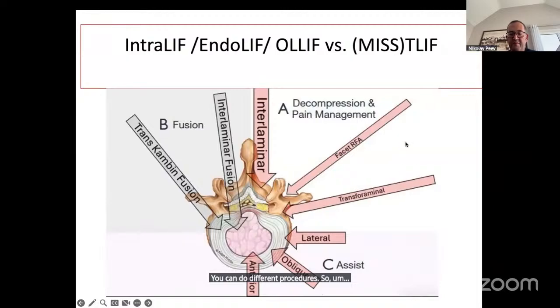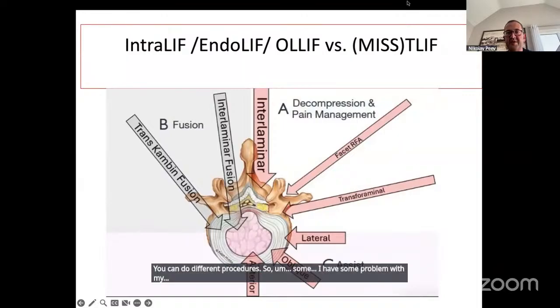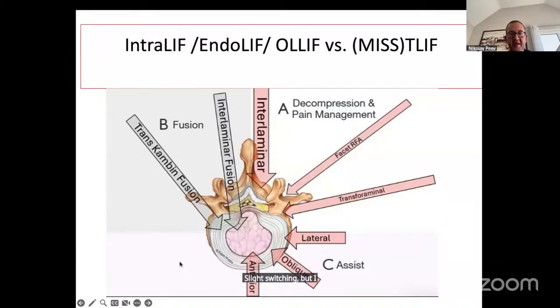I have some problem with my slide switching, but I hope it's